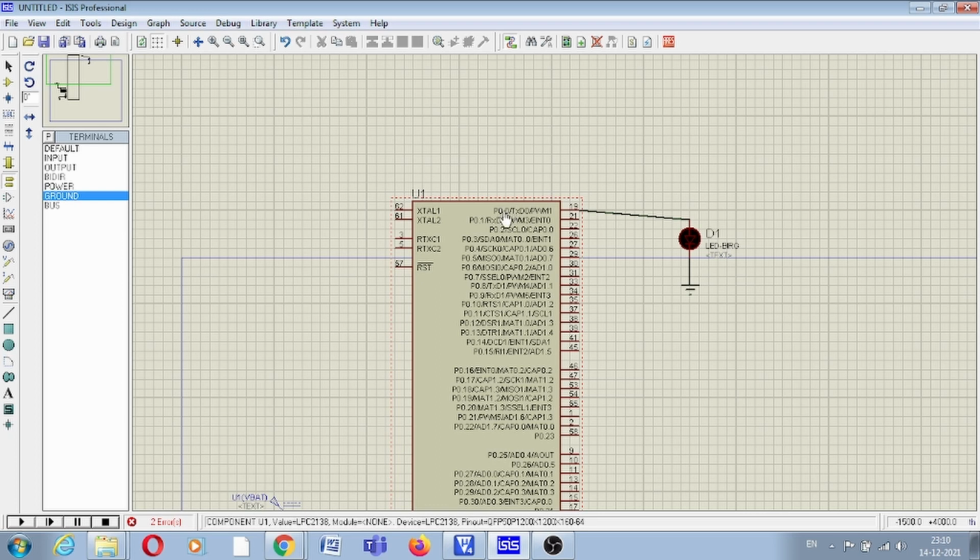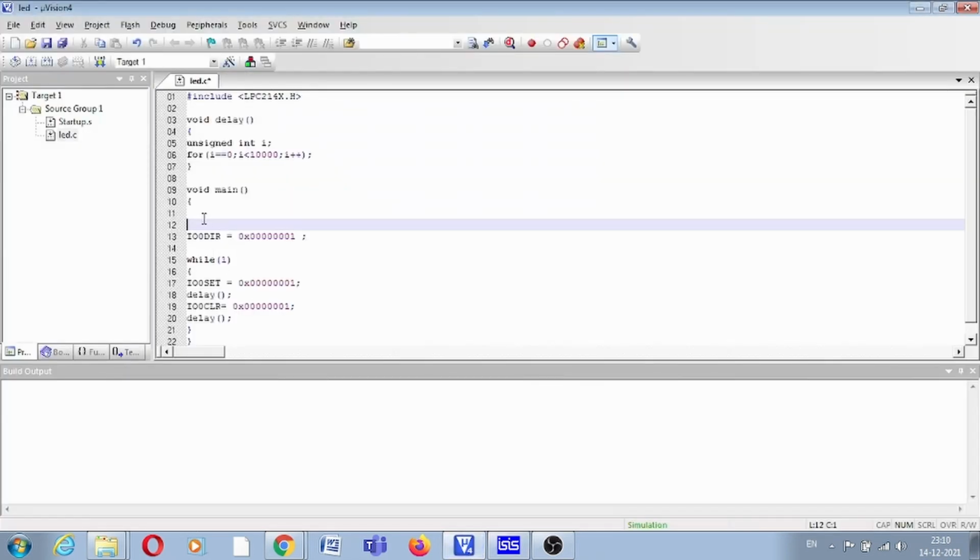So you have to specify that you want to use this pin as a GPIO, and for that we have the register PINSEL. You can check in the datasheet. PINSEL0 is equal to 0x00000000. So it will set P0.0 to P0.15 as GPIO, right?